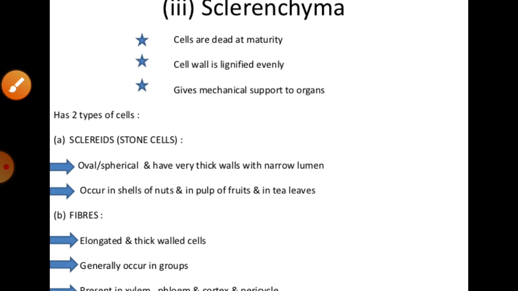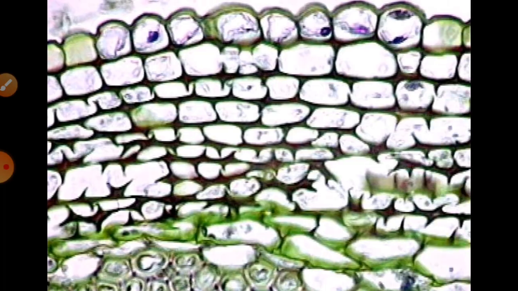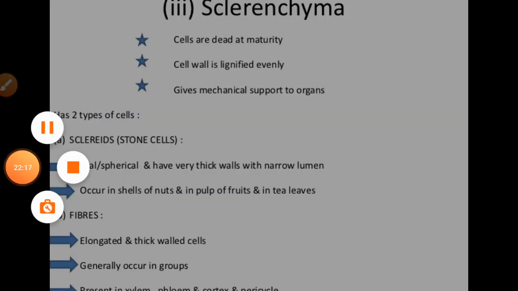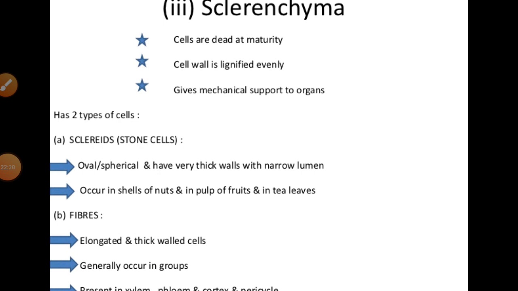And if we talk about their functions, the sclerenchymatous tissues perform different functions. They provide mechanical strength and support, right? Surface fibers also help in the dispersal of seeds. They have such structures due to which they can easily perform this work in the different parts of the plants, right?